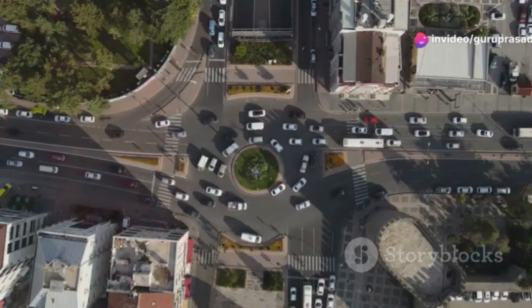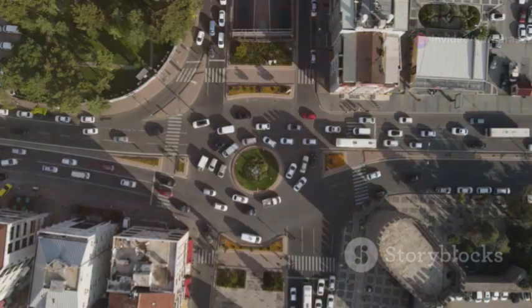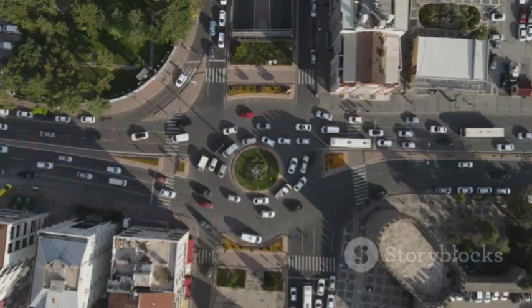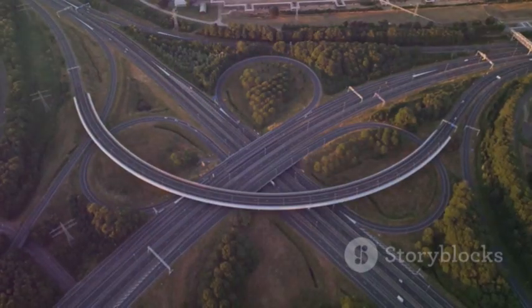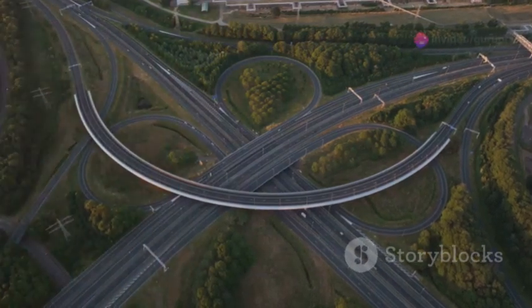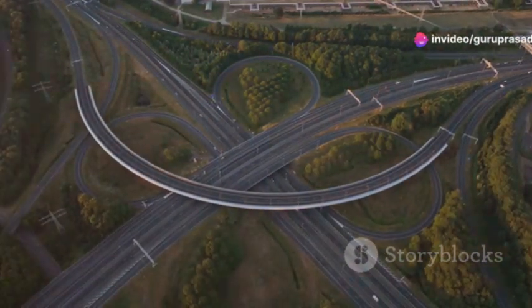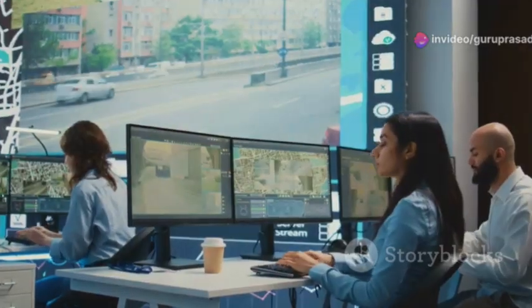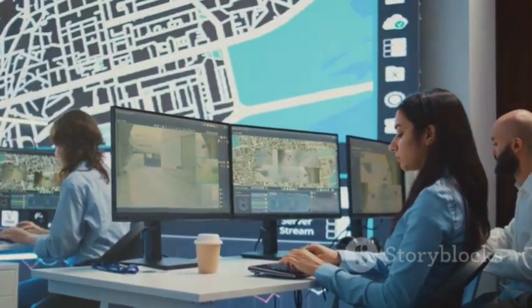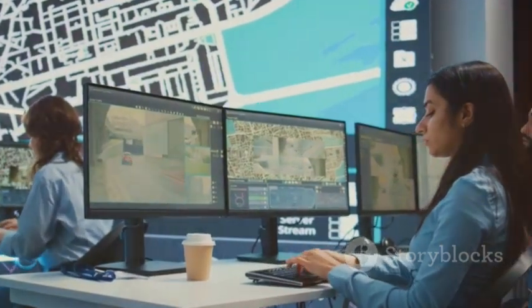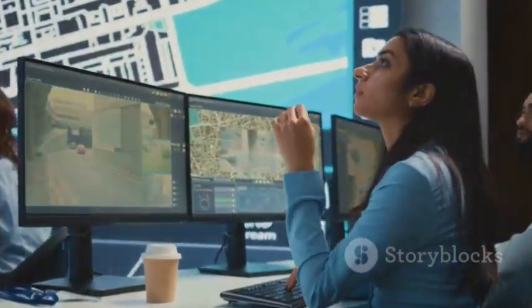Critical flow ratio is the ratio of the actual traffic flow rate to the saturation flow rate. The saturation flow rate represents the maximum number of vehicles that can pass through an intersection per lane per hour under ideal conditions. By plugging in the values for lost time and critical flow ratio, we can calculate the optimal total cycle length for an intersection.